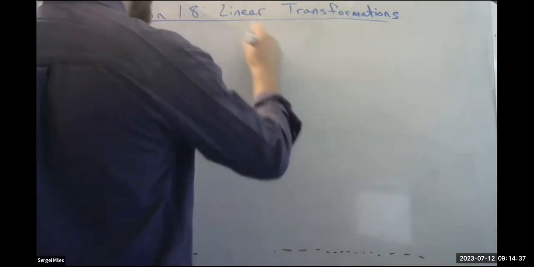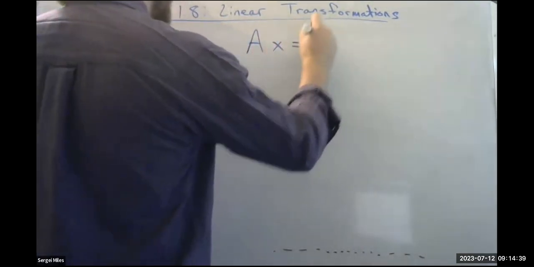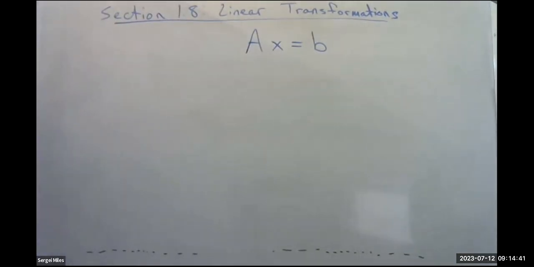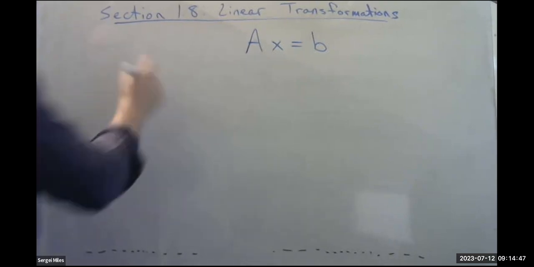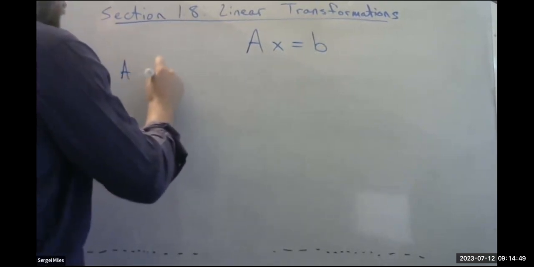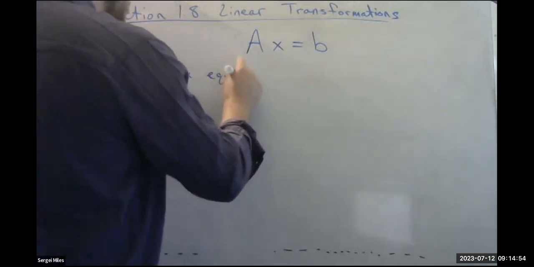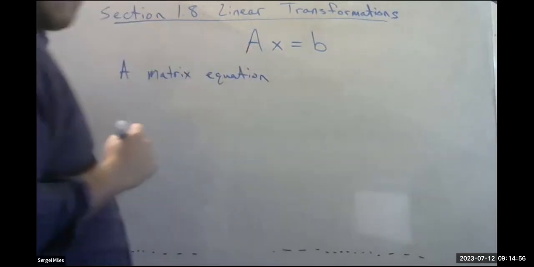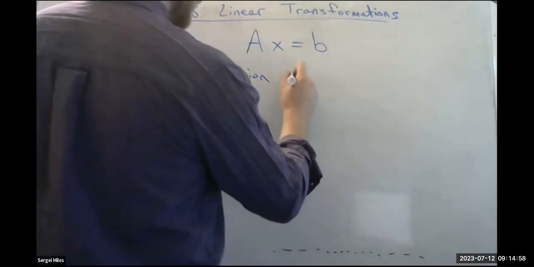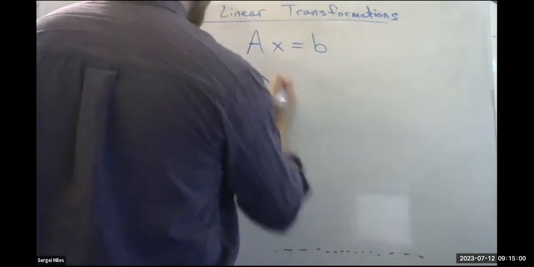We've been having this equation A times X equals some new vector B. This, in fact, is a type of linear transformation. A matrix equation is, or may be thought of